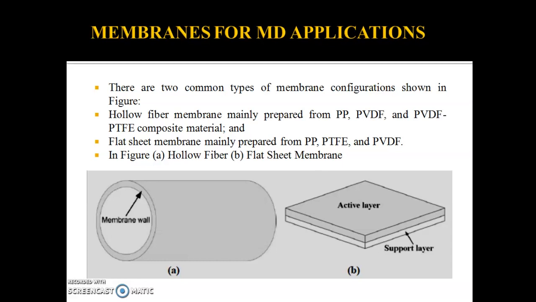And the main advantages of the hollow fiber module are very high packing density and low energy consumption. On the other hand, it has a high tendency to fouling and it is difficult to clean and maintain. So it is worth mentioning that if feed solution permeates the membrane pores in shell and tube modules, the whole module should be changed. Compared with the flat sheet membrane, hollow fiber membranes have a relatively large specific surface area,